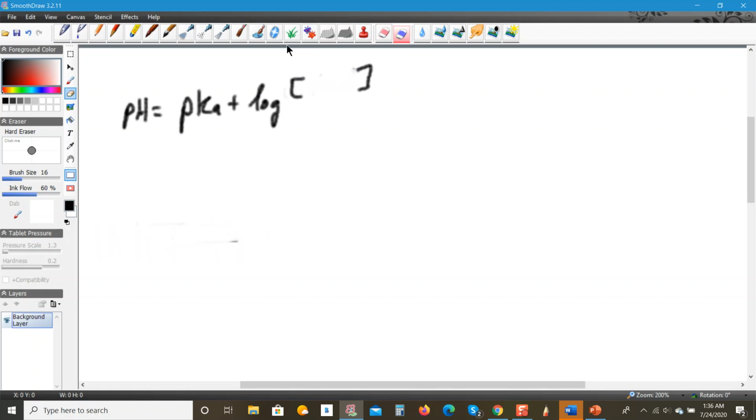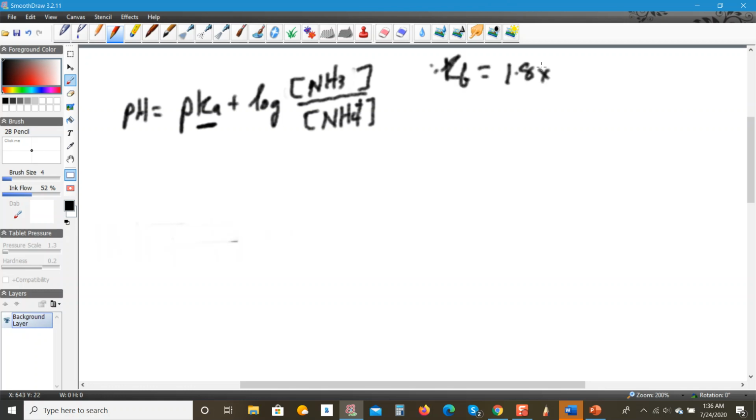So all we have to do is plug the numbers in. But before we do that, we need to find out what the pKa of the ammonium ion is, right? Now, if you look in the tables, you won't see that. Instead, you'll see that Kb for the ammonia is 1.8 times 10 to the minus 5, all right? So Ka for the acid will be equal to Kw divided by Kb, which is equal to,